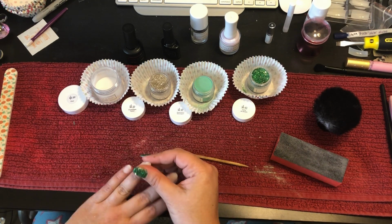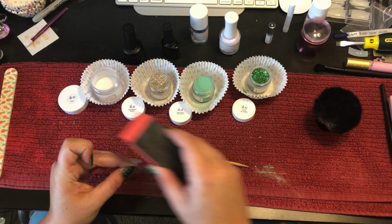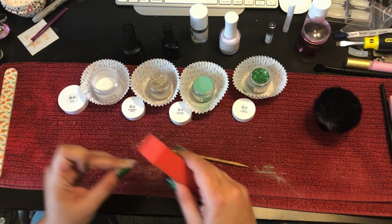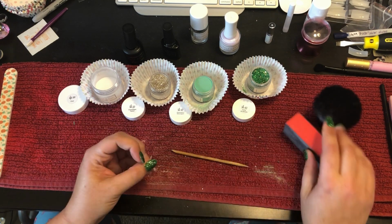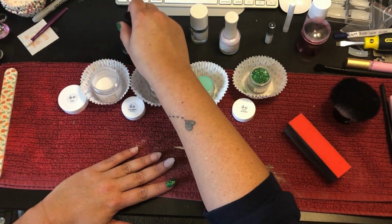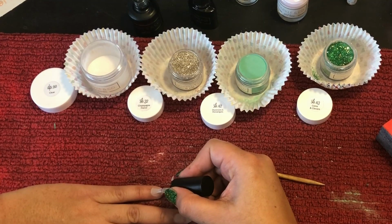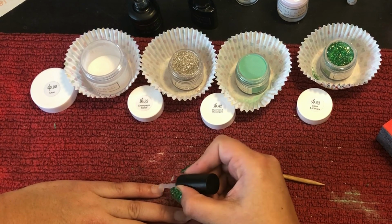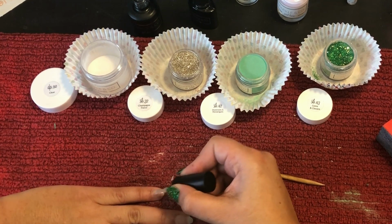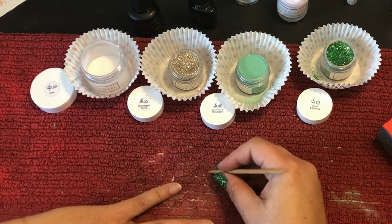So okay, these feel nice and smooth now. I've kind of got that extra side here worked out. Much better. Okay, dust those off, and then we'll go in with another of our base bond. We're going to start with our pinky and do our coins and clovers, which is the green with the gold round chunky glitter. And again, just a nice thin coat. Don't want it all goopy or...